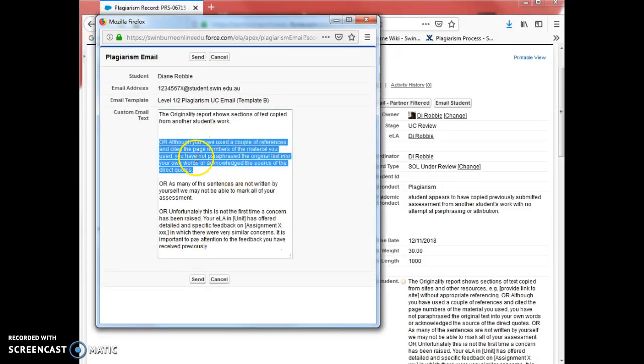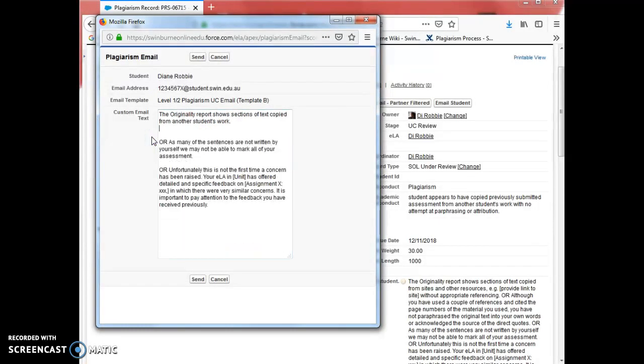So this is the process in editing this text box. So update what you need and what you don't need. So the originality report shows sections of text copied from another student's work. You can include many of the sentences are not written by yourself. We may not be able to mark all of your assignment. And you can also say that